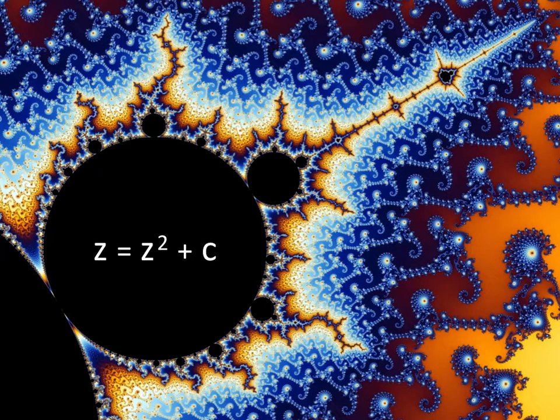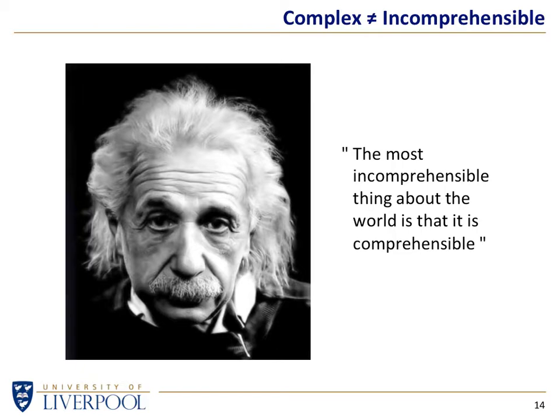Well, the answer is that's the formula. That's the formula that Mandelbrot discovered. If you apply that formula over and over again, you can decide how to color these dots, and you end up with a mathematical set of points, pixels if you will, that is infinitely complex. The point being, just because something looks very complicated doesn't mean the rules that generated that particular structure are complex. Complex does not mean incomprehensible.